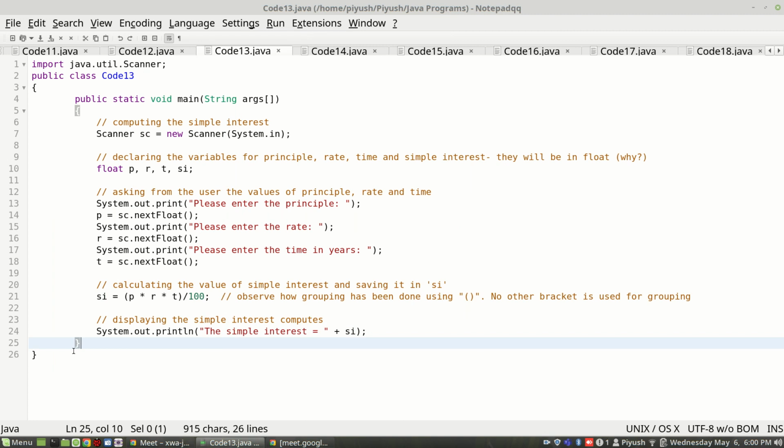First you are displaying the message, please enter the principal. Why are we displaying this message? Because if we do not display it, the computer will be blank and blinking. The person executing the program may not understand what to provide.